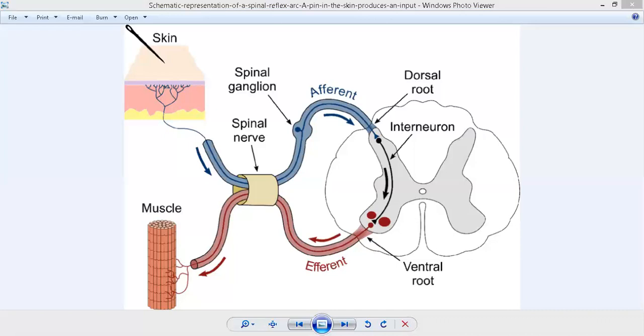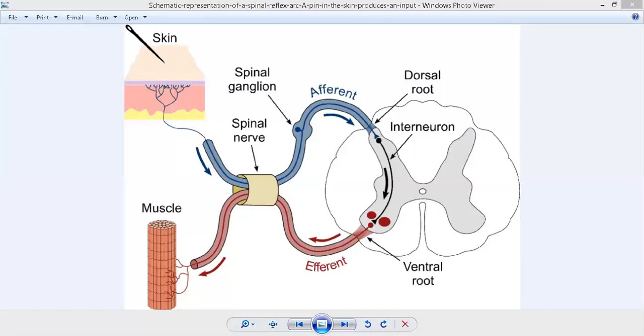Okay, the nerve roots have a covering of dura and arachnoid matter. They terminate before the two roots join to form the mixed nerve. The nerve roots have no covering of the pia matter.